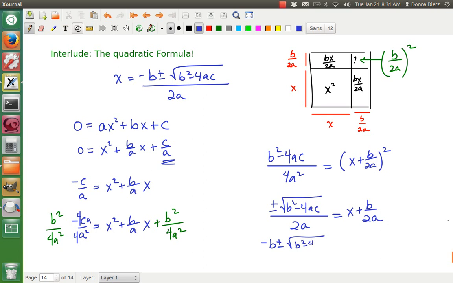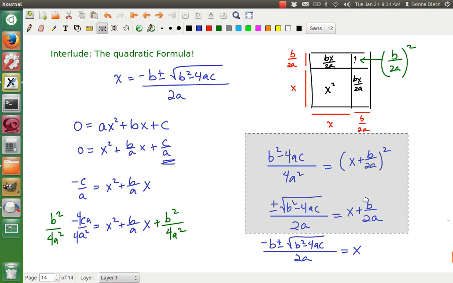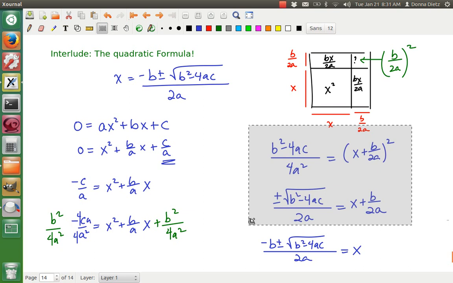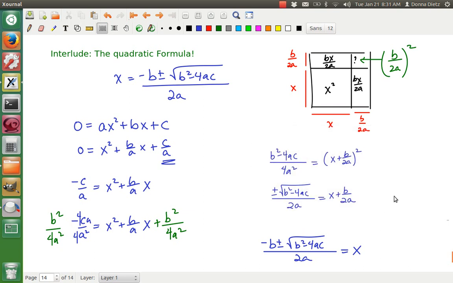Sorry, it's a little bit messy. I'm trying to fit it all onto the screen. Let me move these out of the way a little bit. I can shrink them. You don't need them anymore. Okay, so this is the quadratic formula that you know and love. Sorry, that's not a square. Anyway,